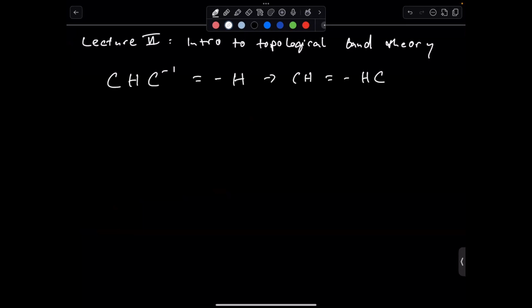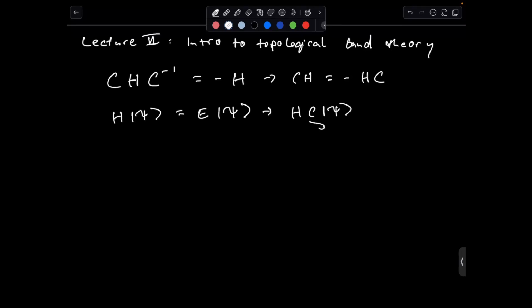And that way we were able to show that if H psi is some eigenstate, E psi, that means that H C psi, if you view that as one state, is equal to minus E C psi. So you could call that psi prime, for example. That is psi prime. And that's just the eigenvalue equation for some other state psi prime that has energy minus E. Now, if E is 0,